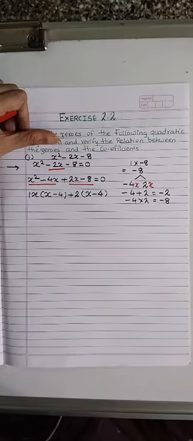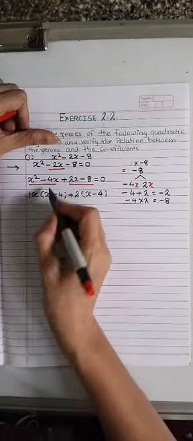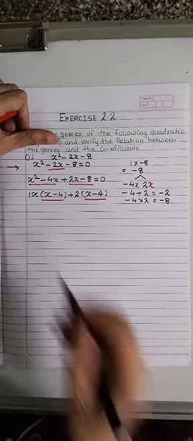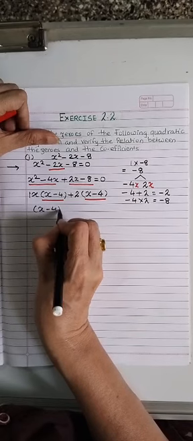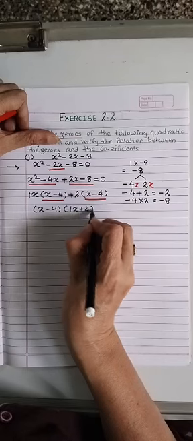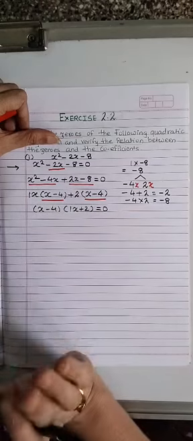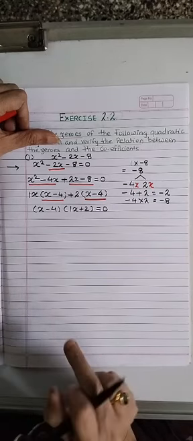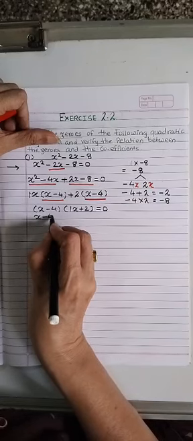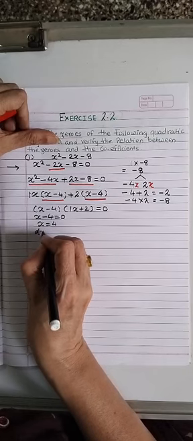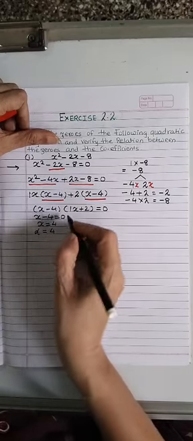So we have two brackets which are equal. So they are the common brackets. This is the common term. So we will write it as a common term x minus 4. In another bracket we'll write the uncommon terms, that is 1x plus 2, that equals 0. Now at a time we'll take one bracket, solve and write the value of x. X minus 4 is equal to 0. X is equal to 4. We will call it alpha. Alpha is equal to 4.